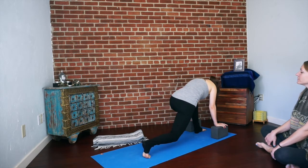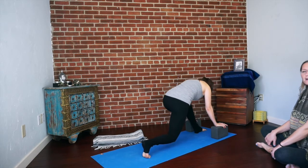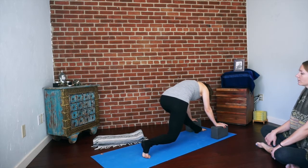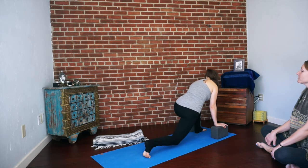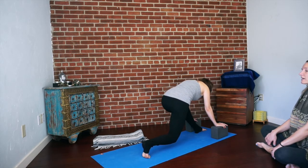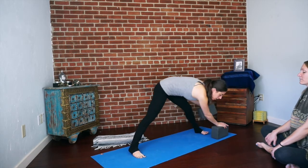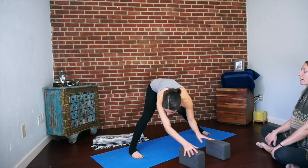Inhale, bend into both knees, lengthen forward. As you exhale, straighten the left leg, hover the right knee. One more time. Inhale, bend into both legs, lengthen forward. Exhale, straighten just your left leg, keep the right knee hovering. Beautiful. And then inhale, rebend, and walk yourself down the left side of the mat, pivoting back into our wide-legged